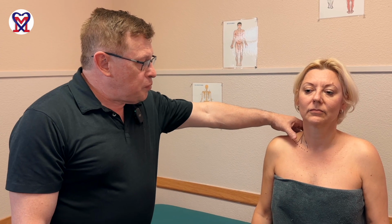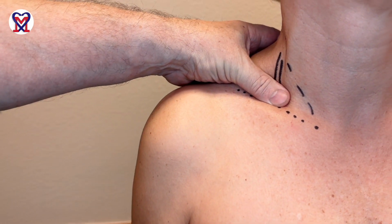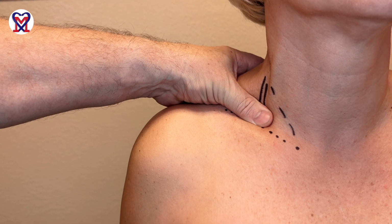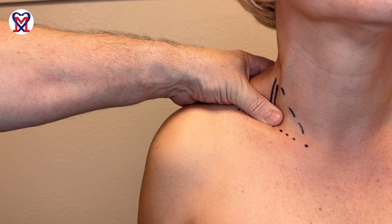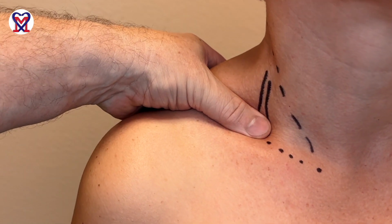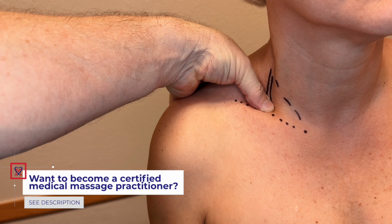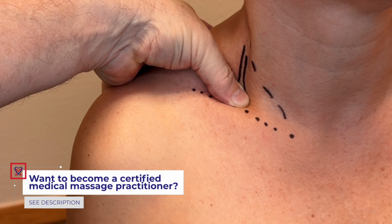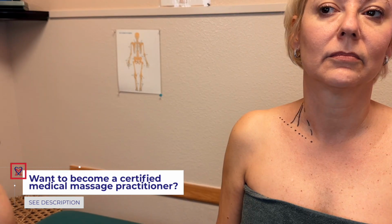So what you would like to do, you would like to place your thumb following the clavicle, the upper border of the clavicle. When you are in the correct place, you will feel pulsation of the subclavian artery. The pulsation of the subclavian artery means that you own the anterior scalene muscle. What you need to do right now, you gently apply pressure forward and then roll it under the clavicle. In this position, you're stressing anterior scalene muscle, which stresses brachial plexus, and if the brachial plexus is irritated, you will get a positive reading down to the arm, to the neck, to the head, depending on what part of brachial plexus